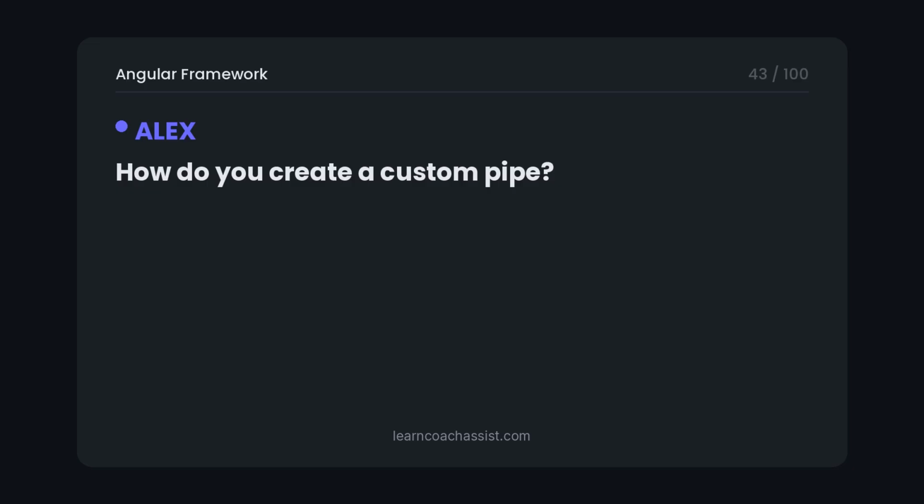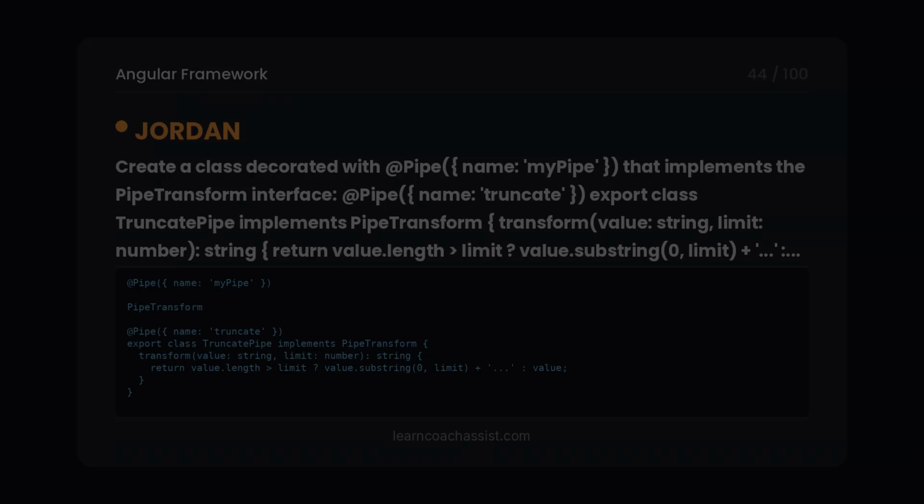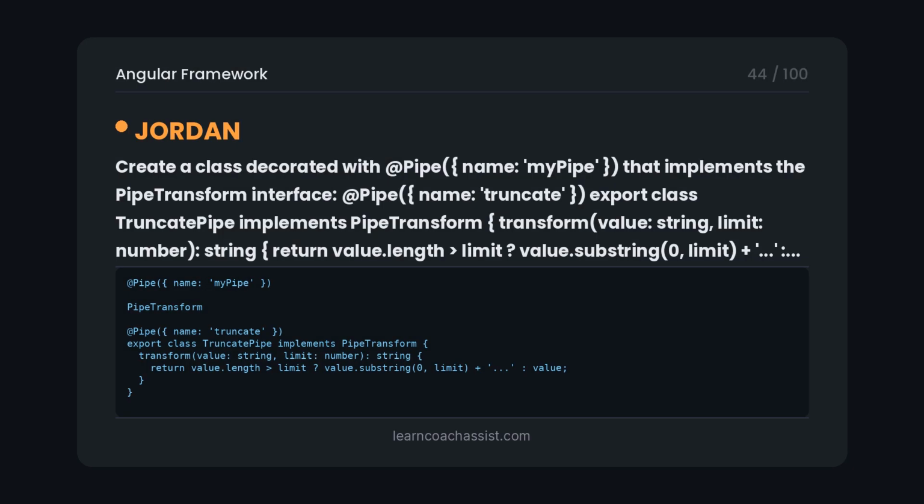How do you create a custom pipe? Create a class decorated with @Pipe({name: 'myPipe'}) that implements the PipeTransform interface. @Pipe({name: 'truncate'}) export class TruncatePipe implements PipeTransform { transform(value: string, limit: number): string { return value.length > limit ? value.substring(0, limit) + '...' : value; } }